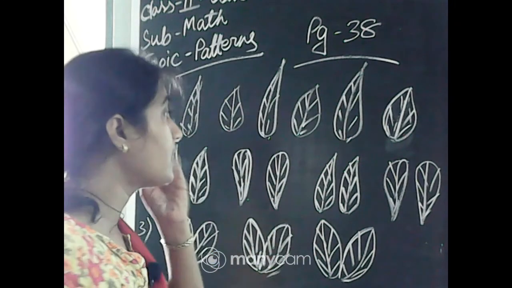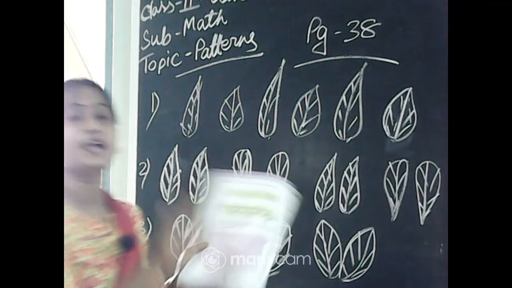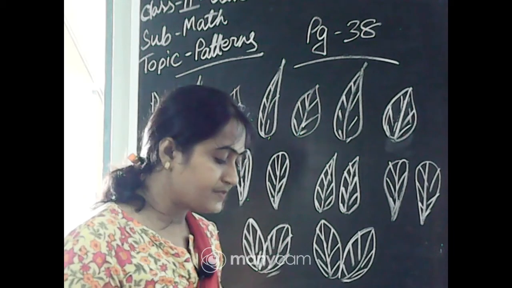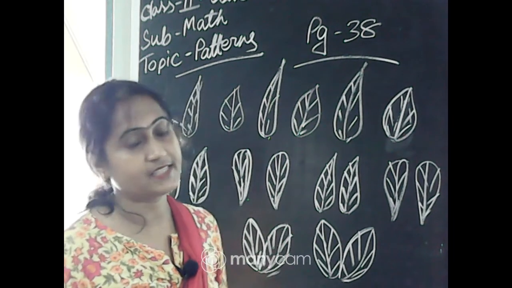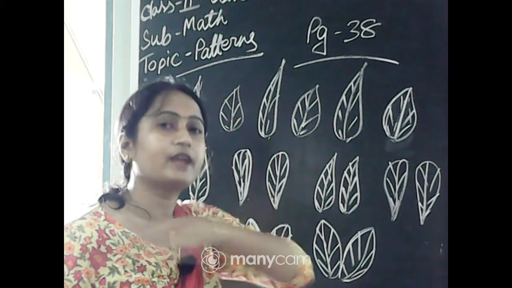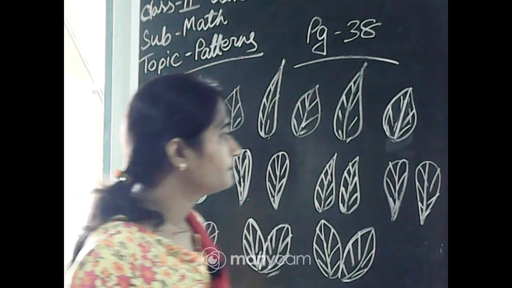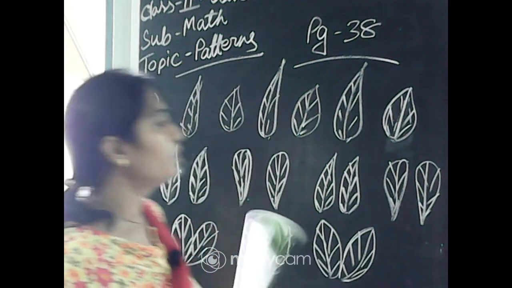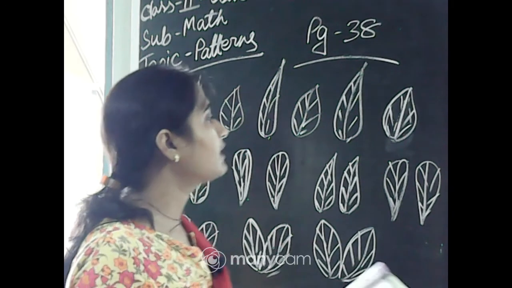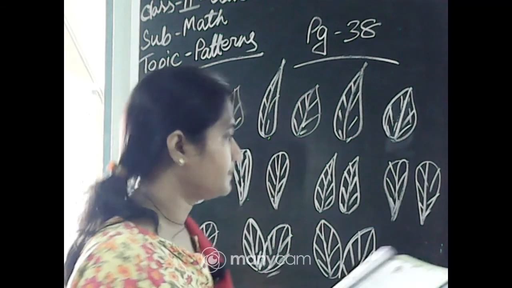Please draw in your book, and in your notebook you will collect some leaves and make patterns. Arrange the leaves in different patterns and paste them in your notebook, and collect matchsticks. Using the matchsticks also you can make lots of different patterns. Okay. Who can't do it? Lisa, what happened, beta? Why can't you do it? You will collect leaves and you can paste them in your notebook in a different manner.